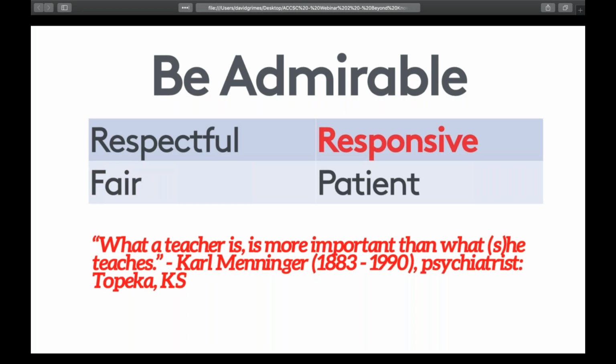Now, this one is interesting. This one, according to much research, is a little more important online than it is on ground, but it usually is a top trait no matter what. So if you are an online instructor or you teach a hybrid class, this one usually appears a little bit higher than the norm. And that is responsiveness.